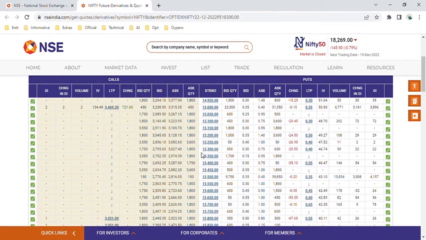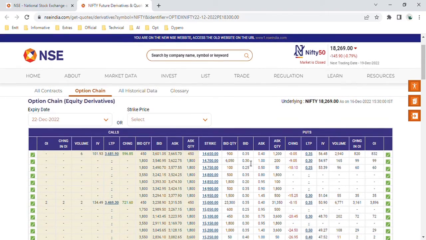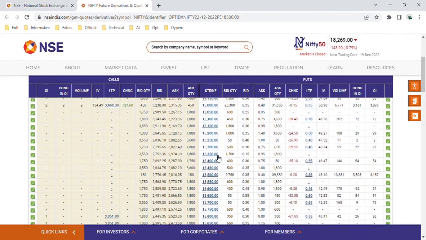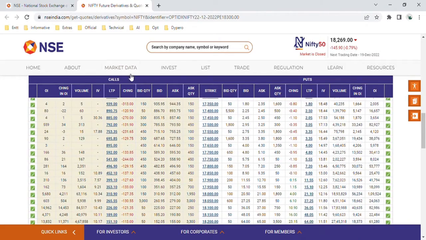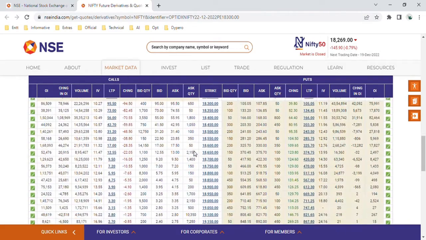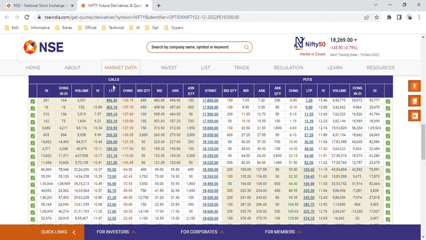If you see, the strike prices of these options are located vertically in the center. You see this? On the left hand side of the option chain are call options. You can see here call options. On the right hand side of the option chain, you can see the put options. And as I explained to you,